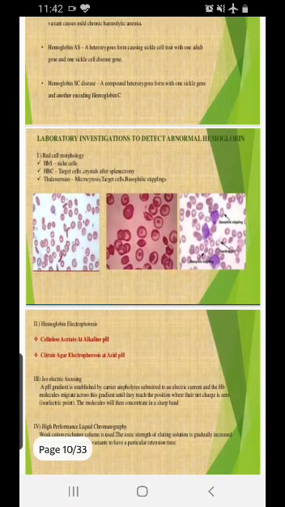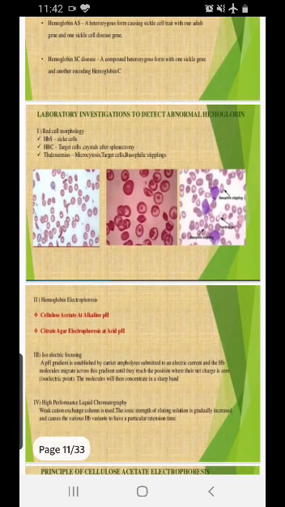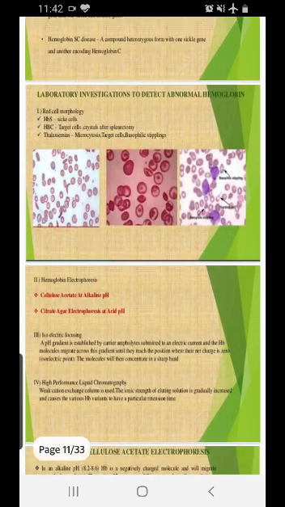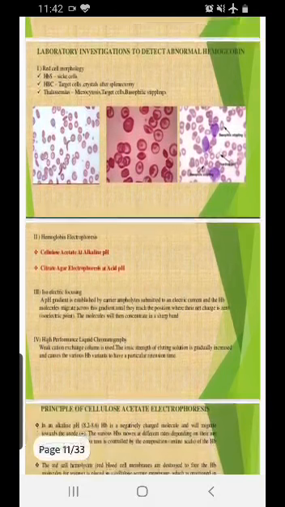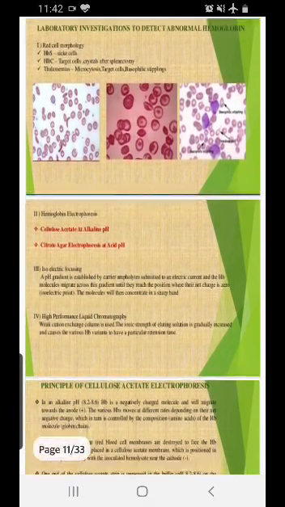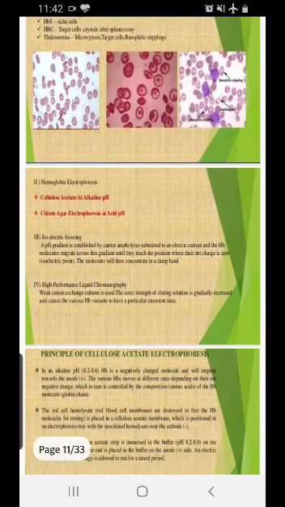So how do you approach this hemolytic anemia? First, you have to look at the RBC morphology. In HbS you will be able to see sickle cells, and in HbC you will be able to see target cells and even crystals after splenectomy. Then in thalassemia you will see some microcytosis, target cells and even basophilic stippling. What is very common in all of these is you will be able to see polychromatophilic cells and also nucleated RBCs to confirm it as a hemolytic anemia.